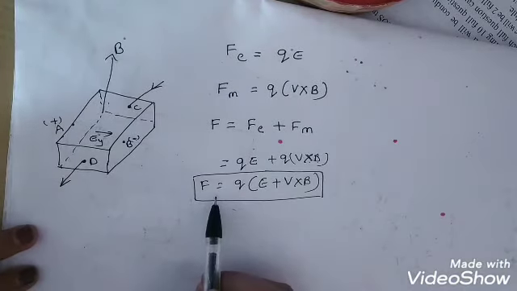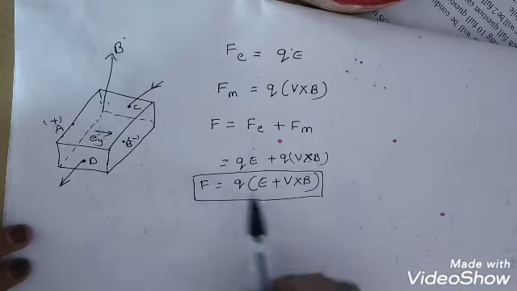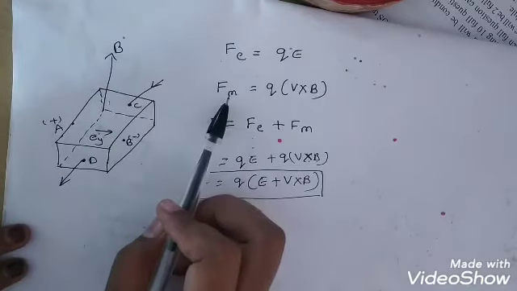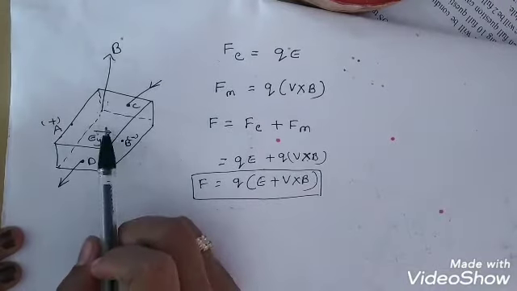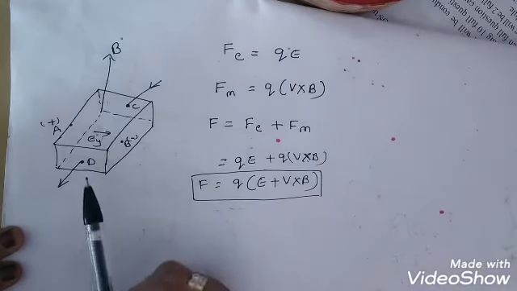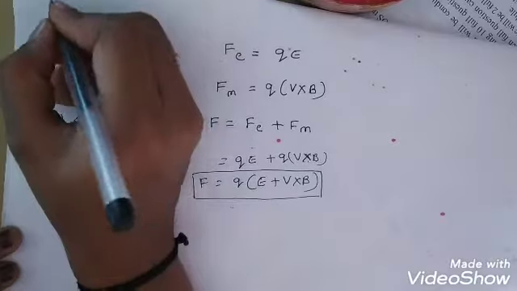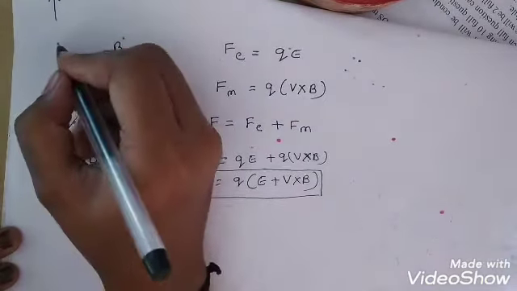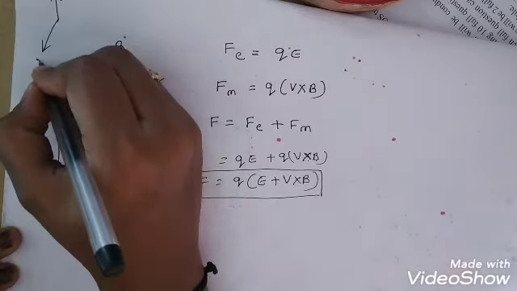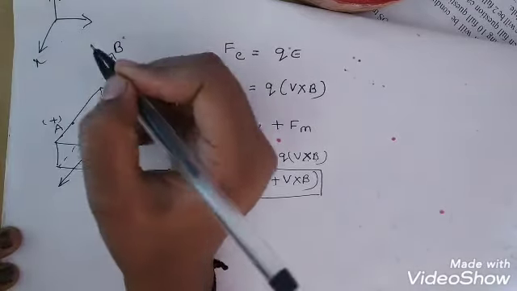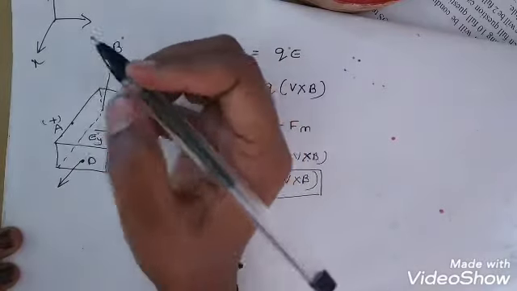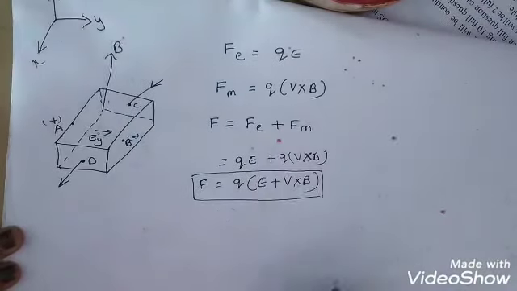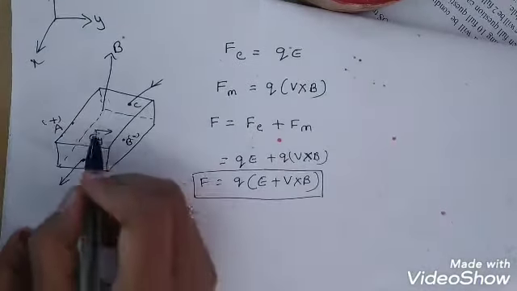So this equation represents the force experienced by a hole, that is, the sum of the electric field and the magnetic field applied on a particular semiconductor material. Now we know that the magnetic field is applied in the Z direction and the electric field is along the X direction, and whatever force we get will be in the Y direction. The voltage difference we get will also be in the Y direction.